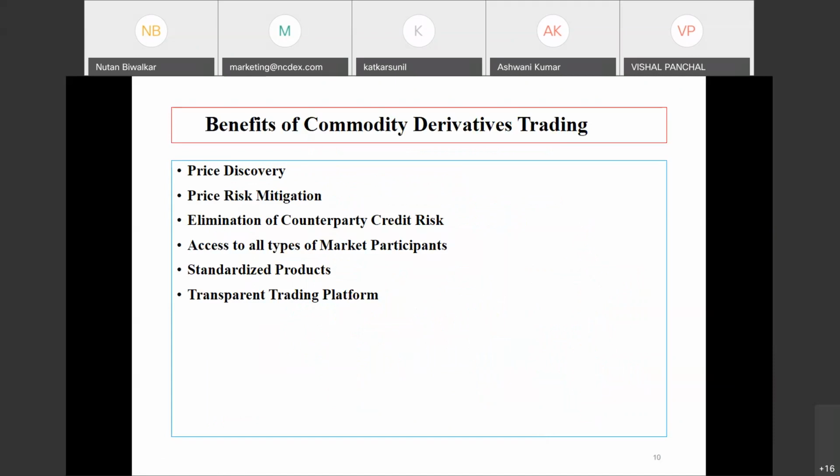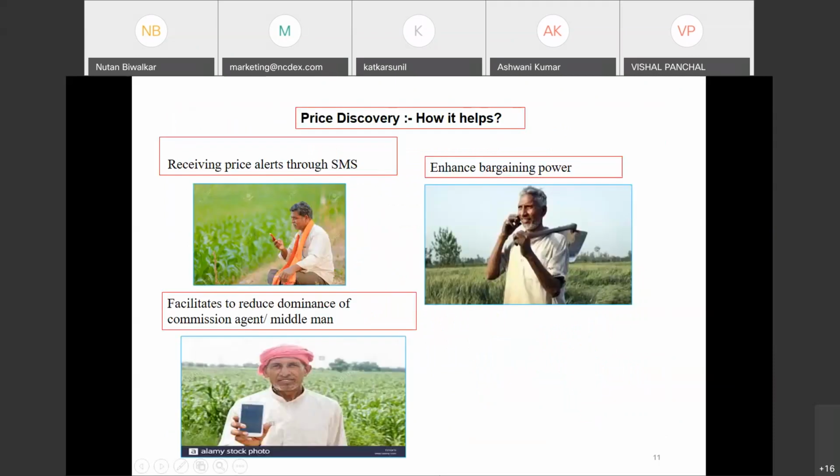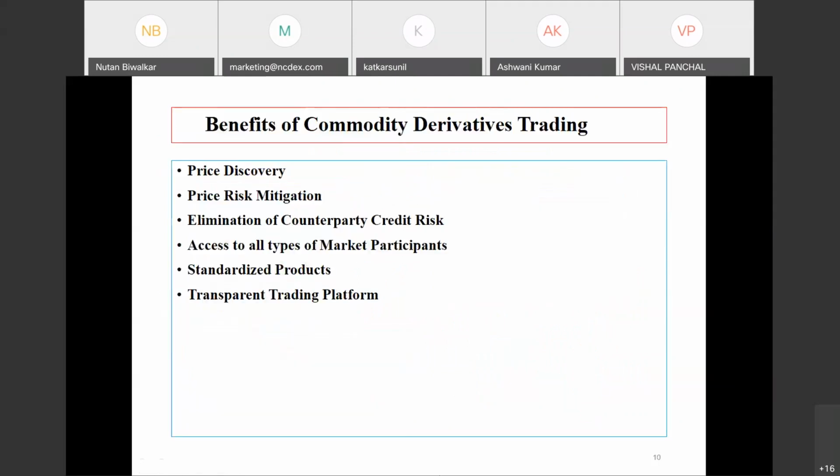Now the benefits of commodity derivatives trading. First is price discovery. I am coming to this aspect. Price risk management. Take a minute. Price discovery. Then what is this price discovery? When I say commodity derivatives, the most crucial functions are price discovery and price risk management. So price discovery, this futures market, I'll elaborate in some economic parlance because that will be easy for you